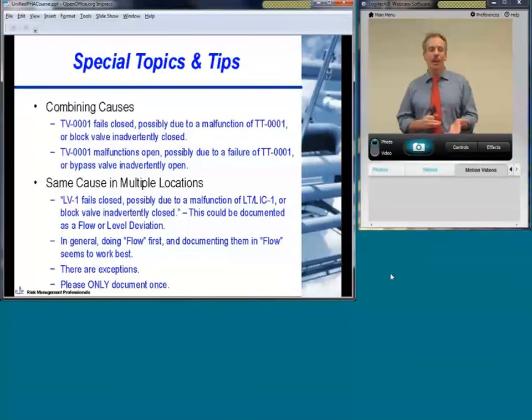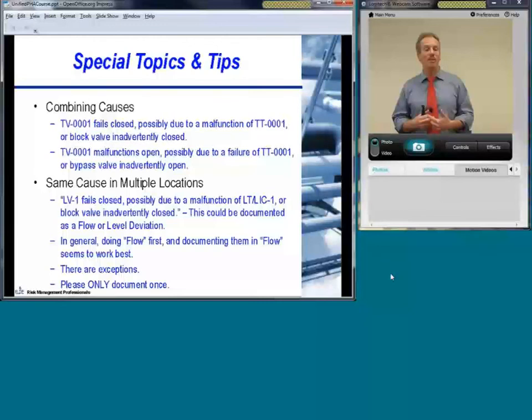Also, the same cause in multiple locations. I don't know how many times I've had to stop a team from arguing about whether something is a no-flow or a high-level type issue. In a lot of cases, it really doesn't matter. What I tend to want to do is document it in the area where it has the greatest impact. If loss of flow can trigger an immediate challenge of your safety limits and a potential hazard, then in this